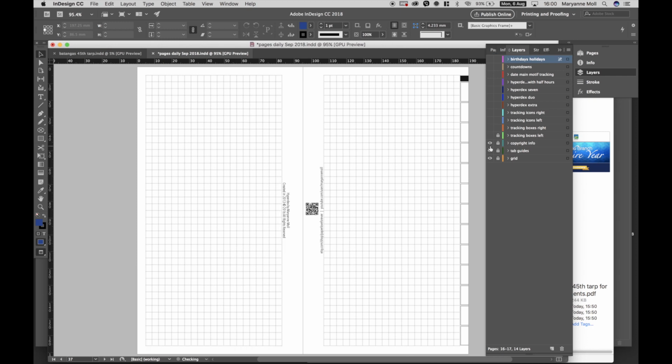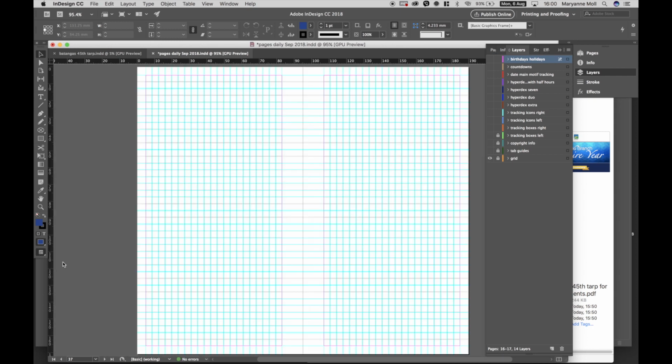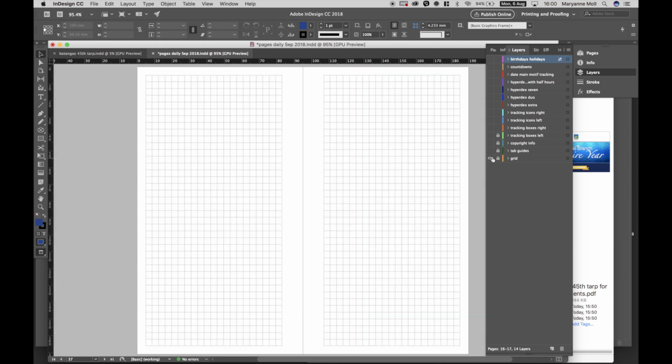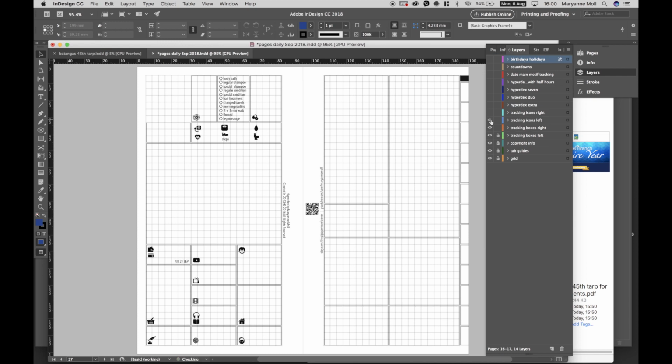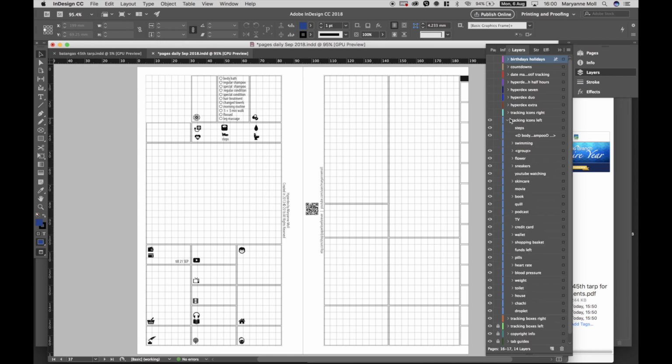Here we have the grid right here on this layer, and then we have the guides for the side reminder tabs right here on top of the layer for the grid. And then on top of that, we have some copyright information and links on the inner margins. And then we have the boxes on the left page and then the boxes on the right page. And then on a different layer, we have all of the icons for the left page and then the icons